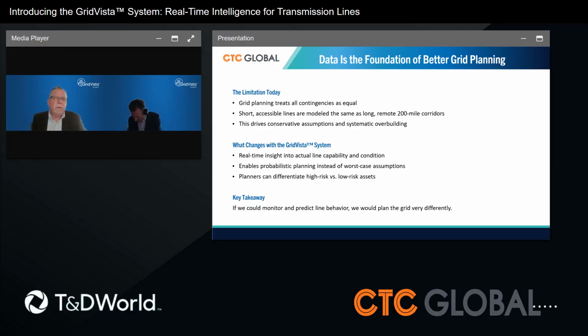In this slide, I want to talk about how data is the foundation for better grid planning. Grid planning has focused in the past on deterministic, NERC-compliant plans during summer peak periods with the assumption that the reliability of the bulk power system will be addressed by adding capacity to address the needs in these snapshots. The grid is much more complex and dynamic every day with more uncertainty than ever. Off-peak periods are typically the most challenging time for operators.